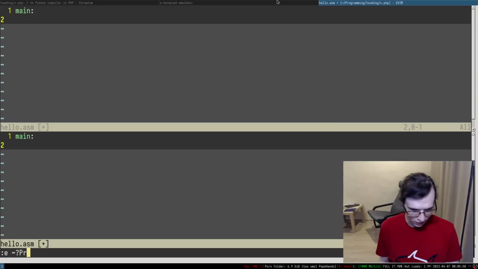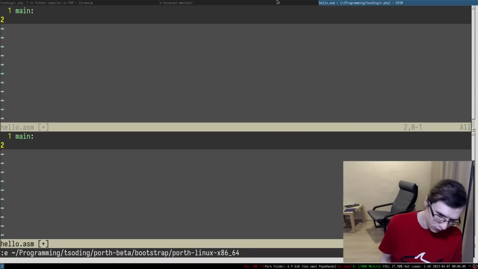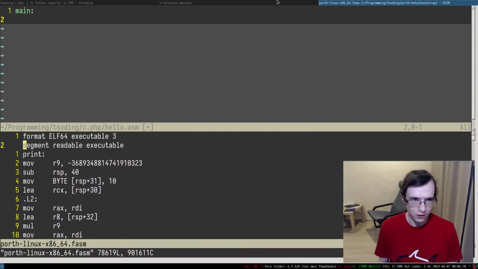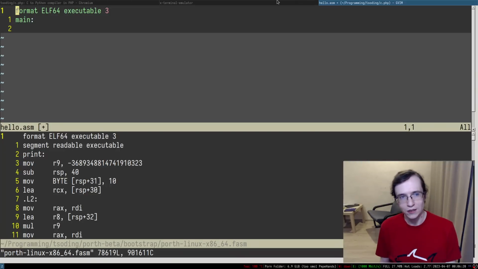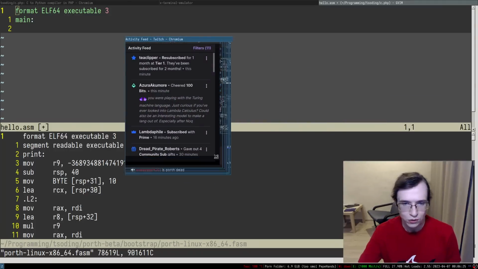I'm gonna split the screen and go to Porth, my programming language that I wrote a long time ago. It basically compiles itself to fasm, and we can find its fasm version somewhere here. So I can find the boilerplate that I have to put into my program. First of all, I have to declare that I'm compiling an ELF64-bit executable. We got some questions, so I probably want to answer them first.